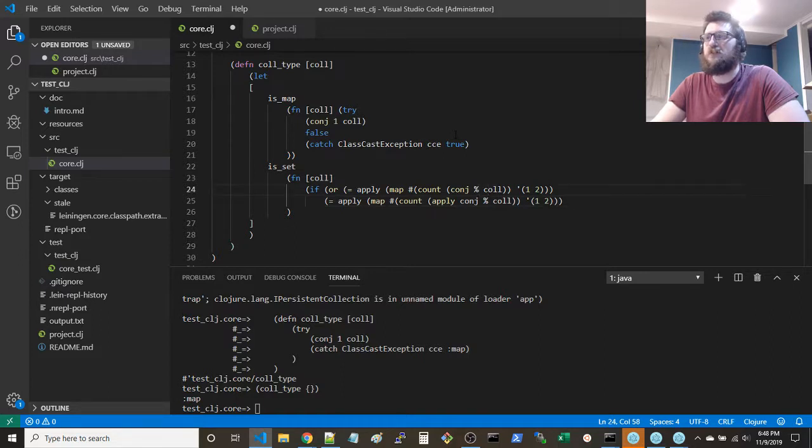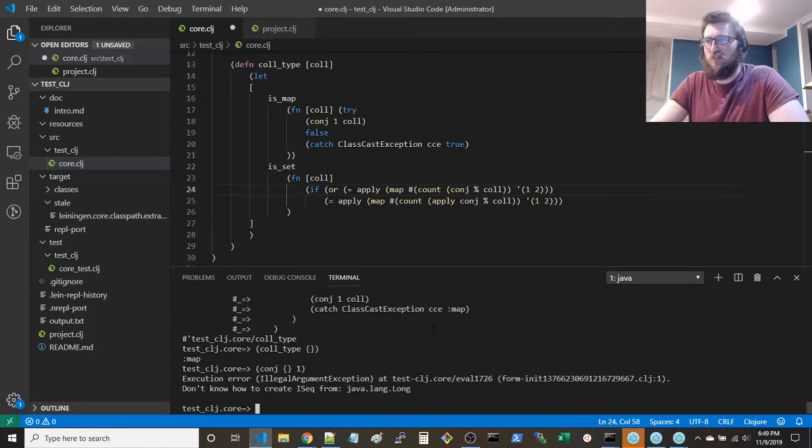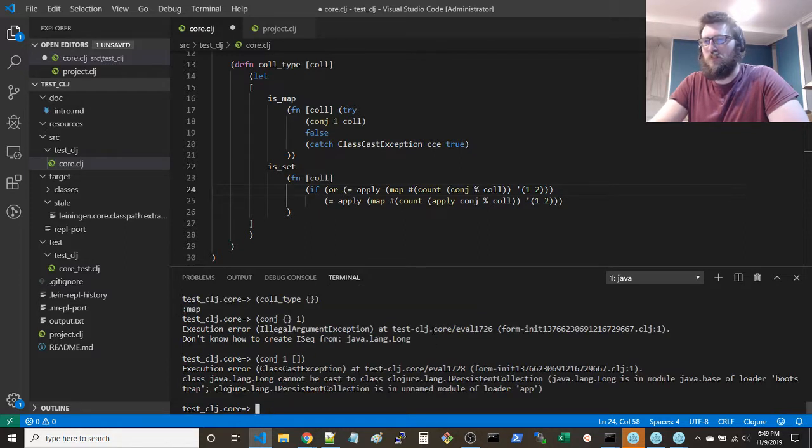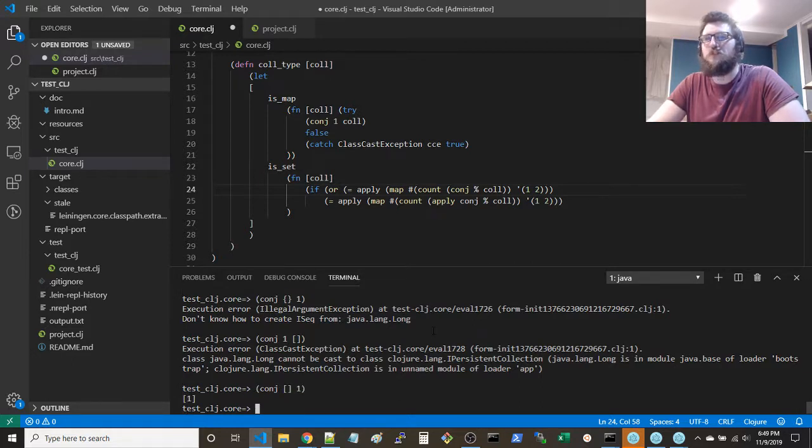Oh, it's the other way around, isn't it? Did this wrong, huh? No, conj. I did this wrong. It's supposed to go the other way around.